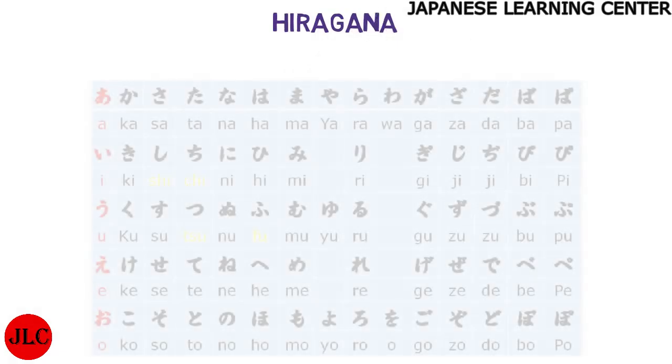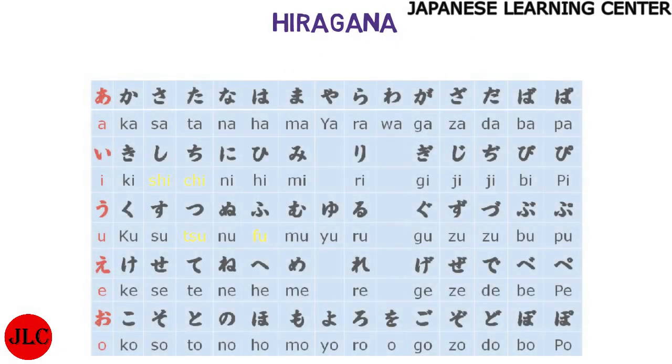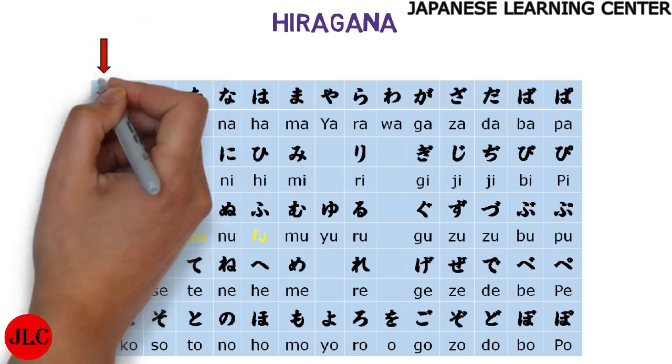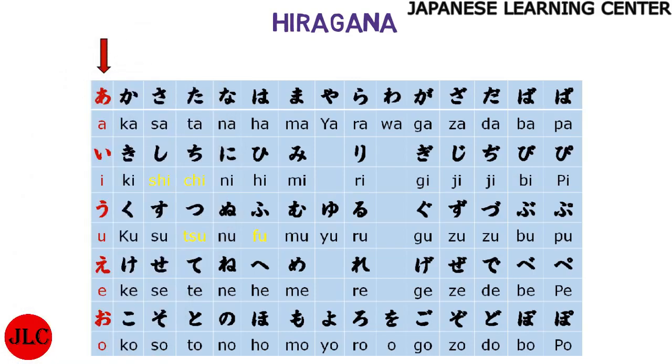Now the core part of this video is about the hiragana script. As I told you, hiragana basically contains 46 characters. So the very basic 5 vowels, which are written in red letters: a, i, u, e, o. And the remaining consonants are derived from the basic vowels, that is the ka series, sa, ta, na, ha, ma. So the first pronunciation is a, i, u, e, o. Then the ka series is derived as ka, ki, ku, ke, ko.